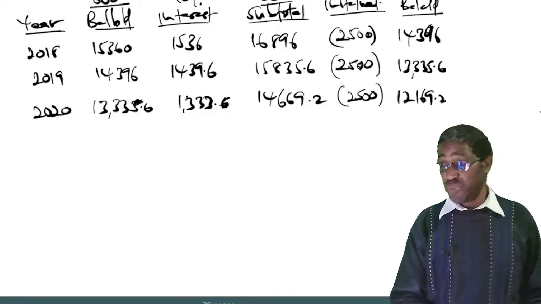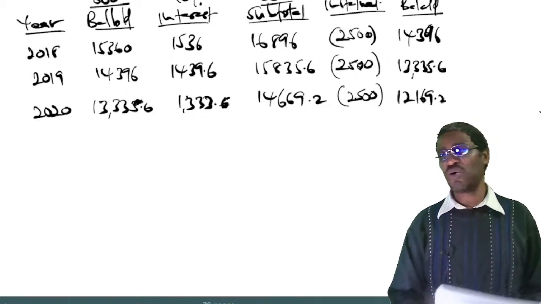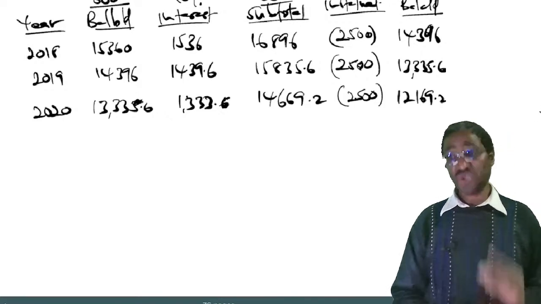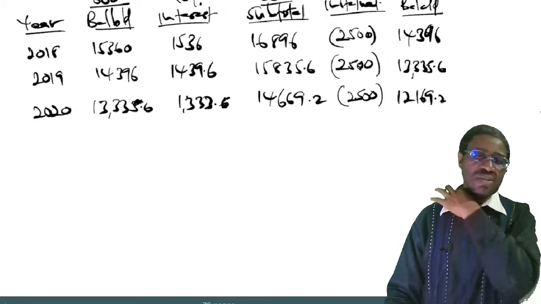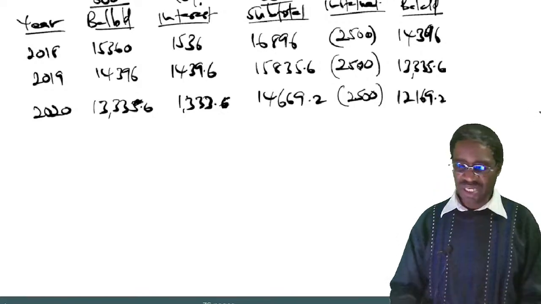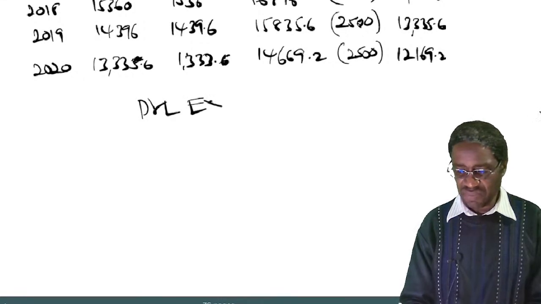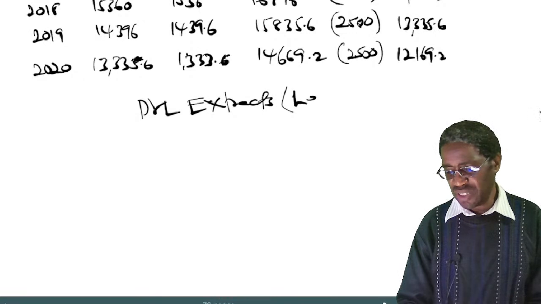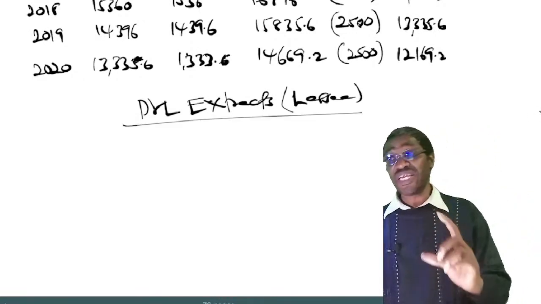We want to do P&L extracts. They have said we prepare statements of financial position for 2018 and 2019. Listen, for P&L, there is no big deal. Let us just do it directly. So come and see your profit and loss extracts. Put in brackets, lessee. We are showing in the books of the lessee.